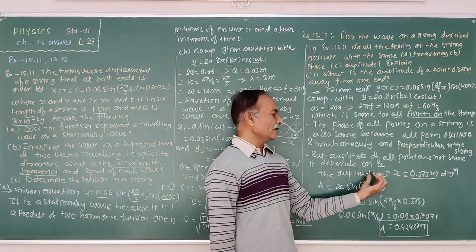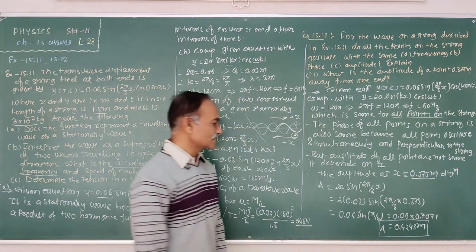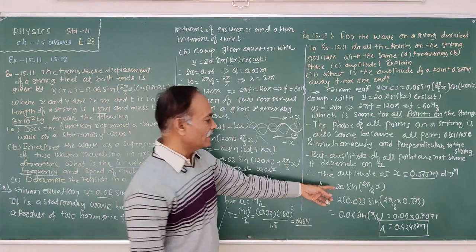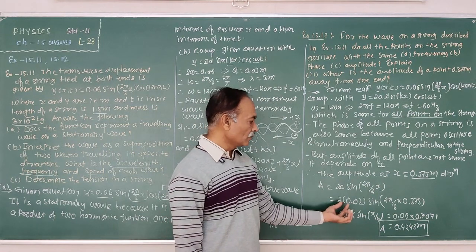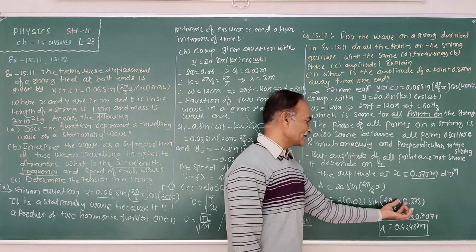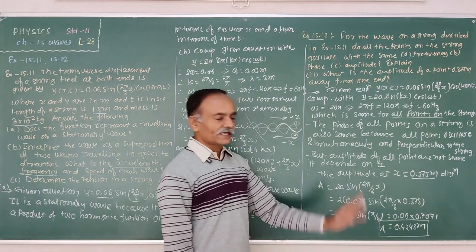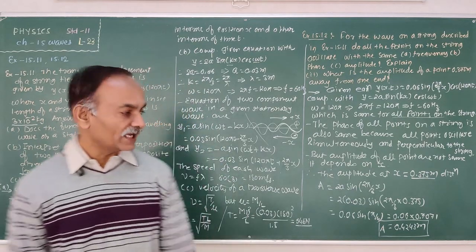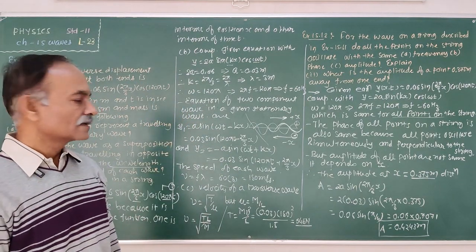The amplitude at x is equal to 0.375 meter distance. A is 2a sine (2 pi by 3 x). Substitute the value 2a is 0.06, sine (2 pi by 3 x) with x is equal to 0.375. Thus, we obtain the amplitude at the particular point is 0.4243 meter. Here this